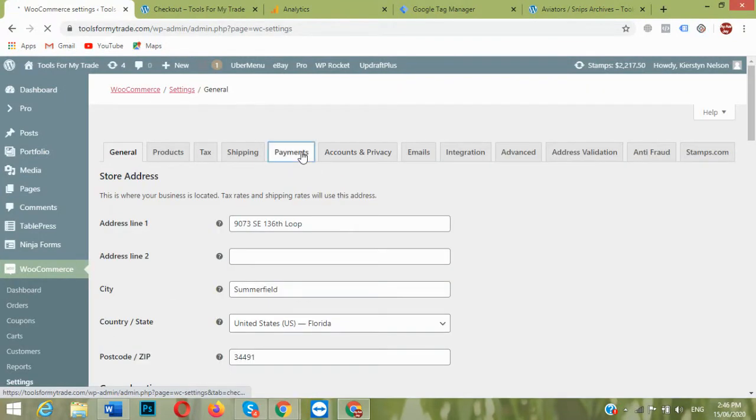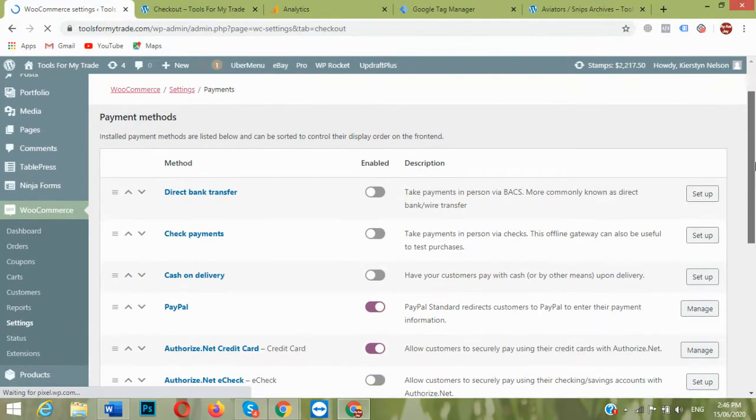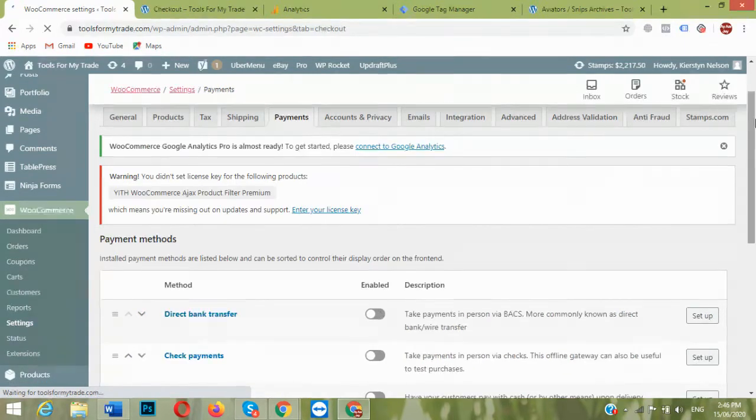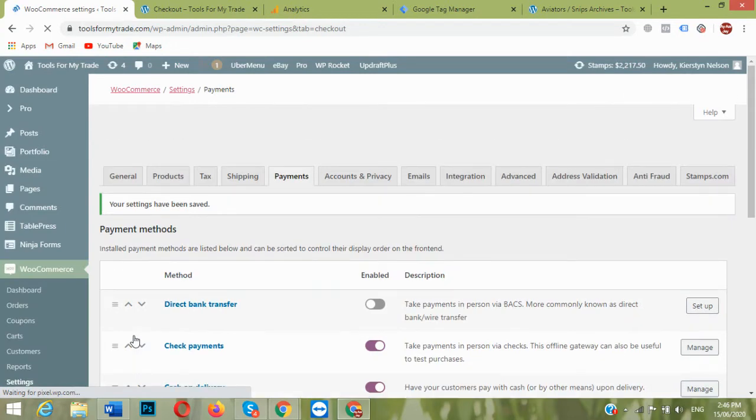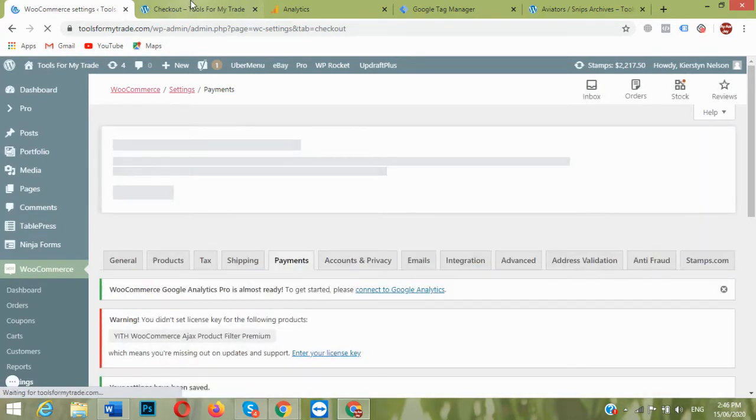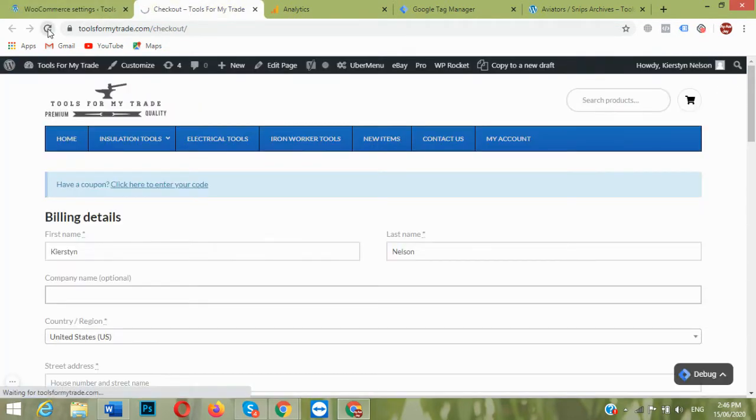and then payments. I am going to enable the cash on delivery option. By that we can place a testing order, select cash on delivery, and we can also add this check payment. Save this. By this we can place any testing order. So for tracking order purchase we need a testing order.